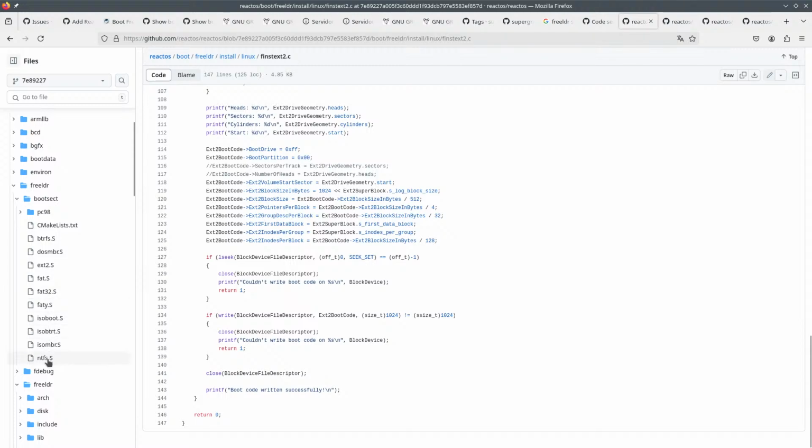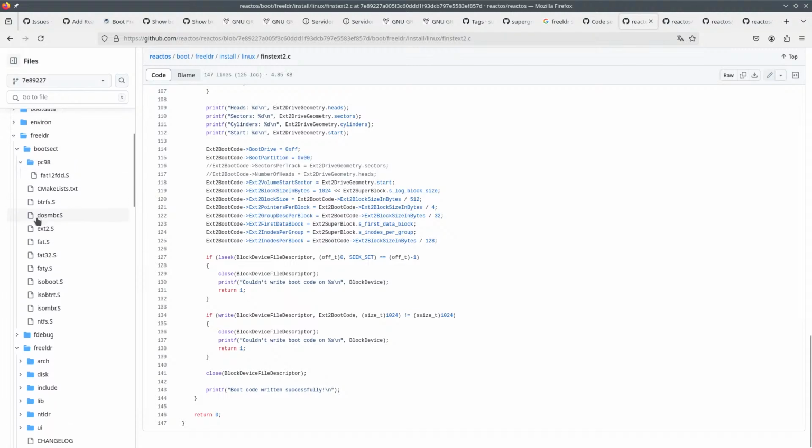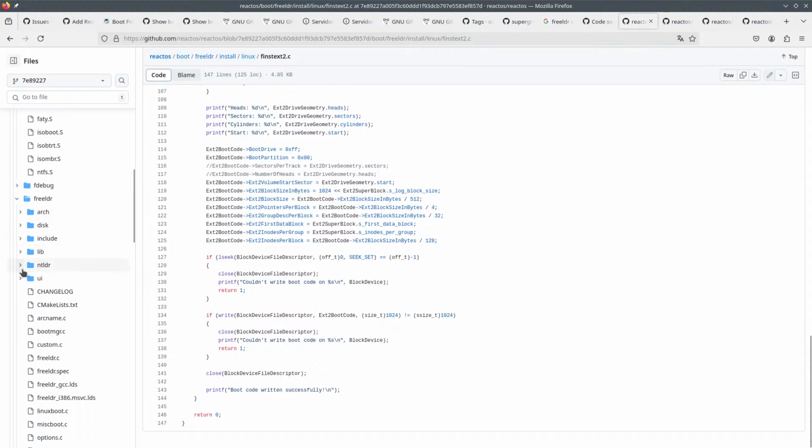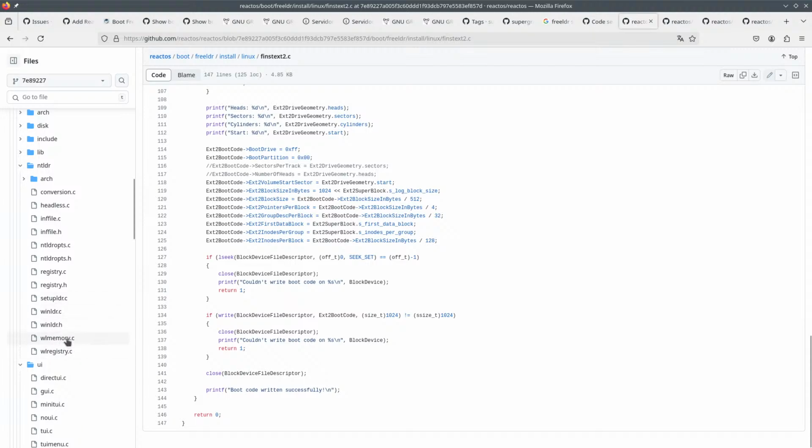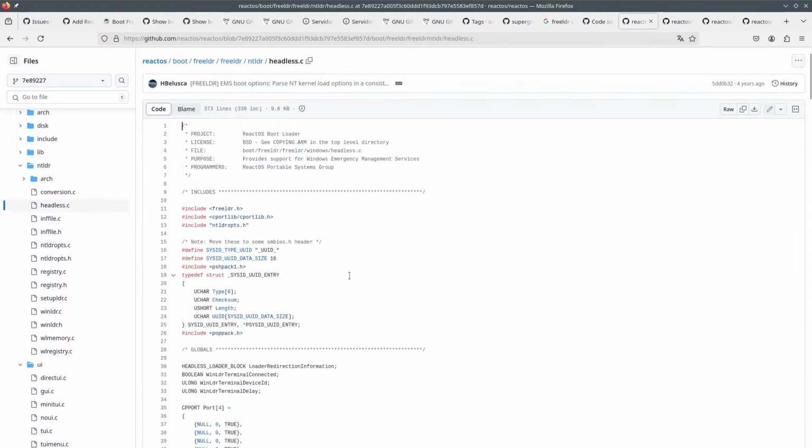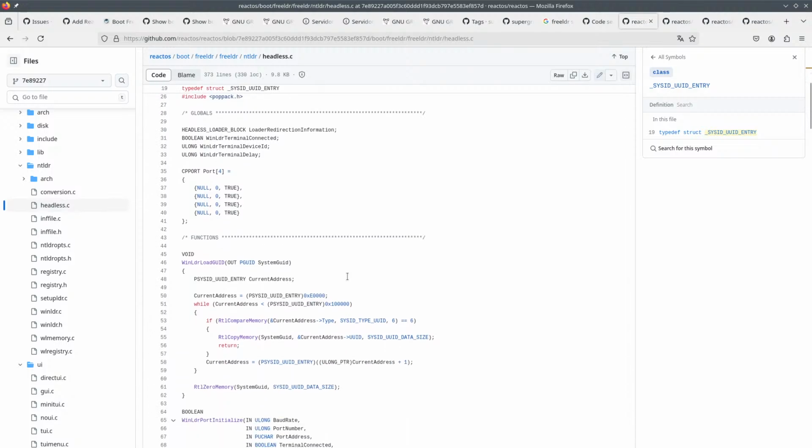So these are all of the boot sectors so that you can boot from here. Oh, look at that, FAT12, so that you can use it on Windows 98 partitions alike. NTFS, NTLDR, Win, registry options, headless. Maybe this is whatever loads when you boot, but I'm not sure about that.